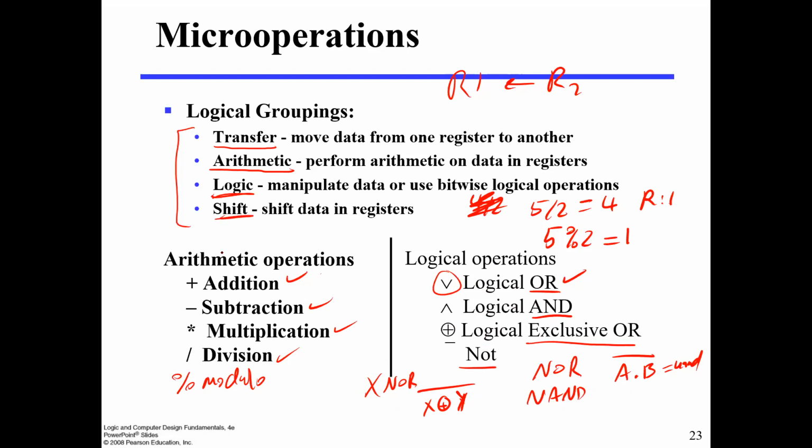Okay, the last operation is called shift. We will talk about shift maybe today, or maybe in the next lecture, God willing. Shift means that I will shift the data in my register either right or left. For example, if I have 1101 in a register and I define an operation, I say shift, let's say